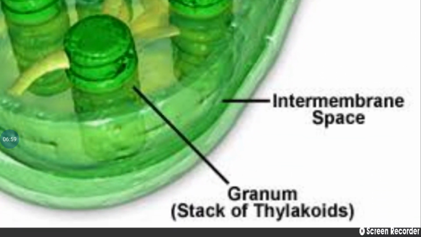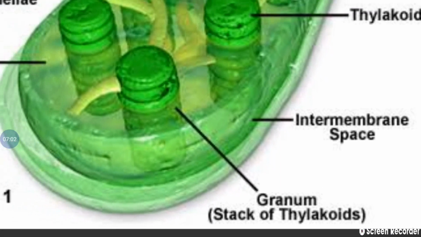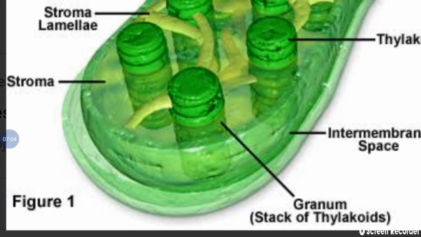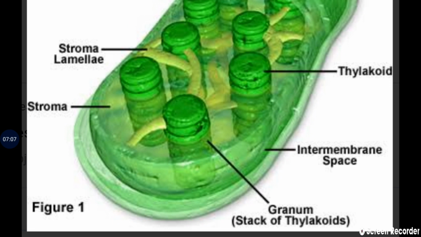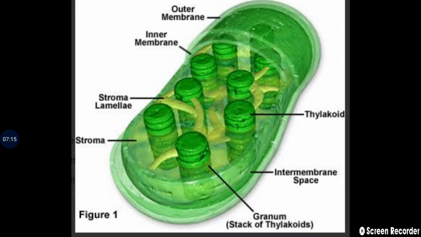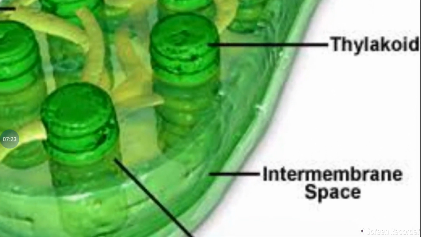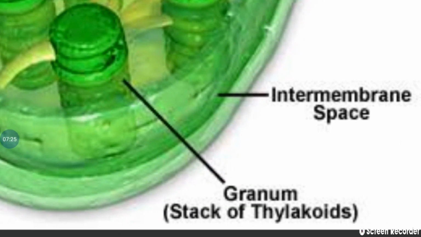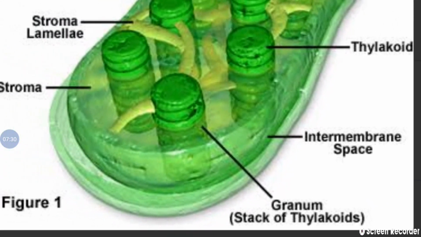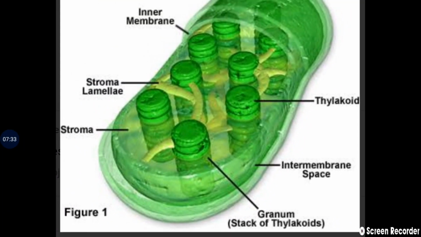At the end of the light reaction, ATP, NADPH and oxygen are formed. At the end of the dark reaction, glucose, that means starch, and water are formed, and oxygen is released at the end of photosynthesis. If you see, particularly in the granum, the light reactions are taking place. Then how and who are involved in the conduction of light reactions? For that, we need to go for special information.